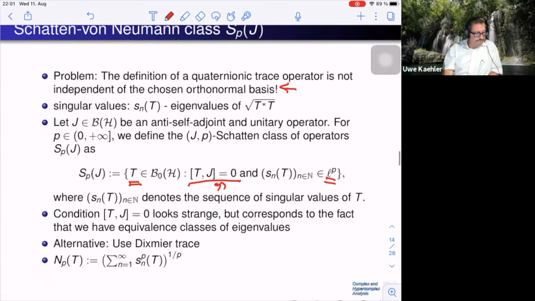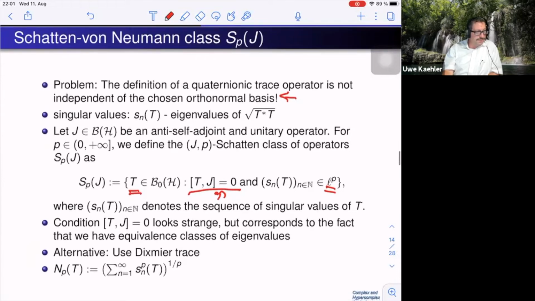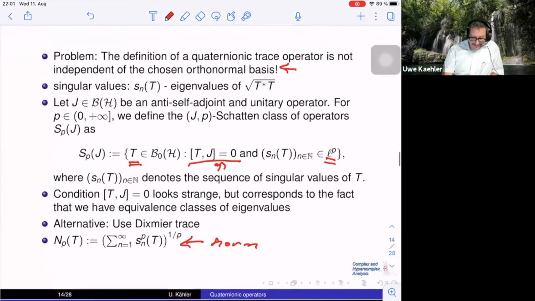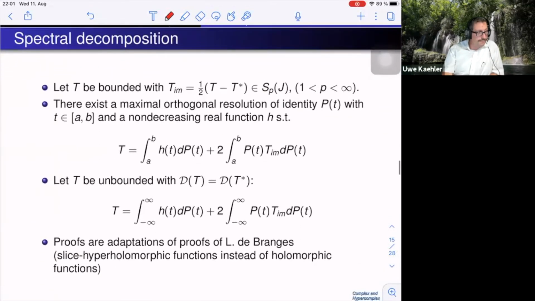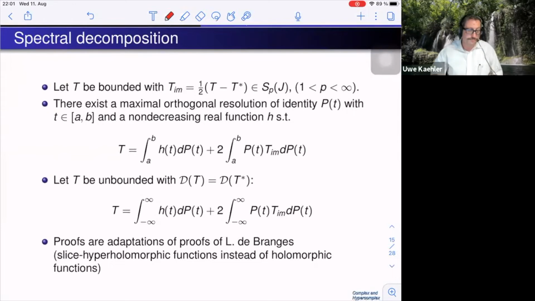Only that this part might be a little bit more direct the way we do it here, and more intuitive from the structure itself, in that you actually come from the quaternionic structure instead of using bigger cannons. In any case, the norm you have down here is what we need for our classes. And since we have that part, we can now start thinking how to do it. For that one, you can go to Brodskii or to de Branges and look for